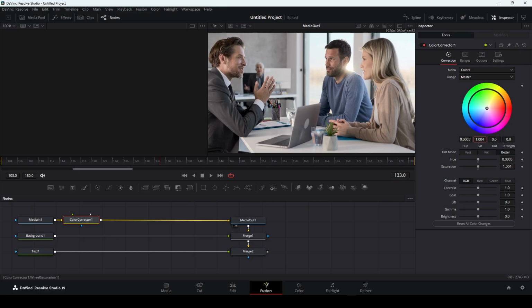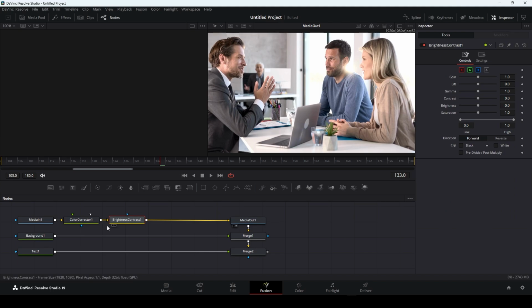We can change the strength of our clip, and we can change the hue and saturation from here as well. Then we can increase the contrast for our clip, we can increase the gain as well, then we can increase the lift, we can add the gamma to our clip, and we can also increase the brightness of our clip right from here. Then we have these levels which we can also apply right after our clip,